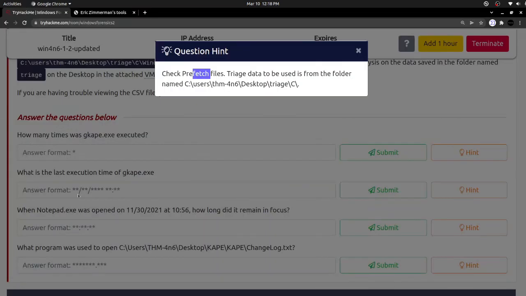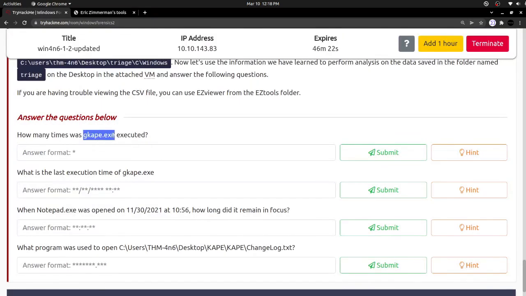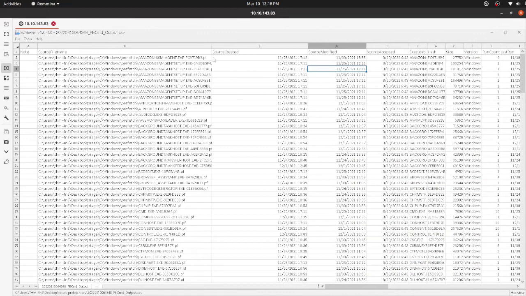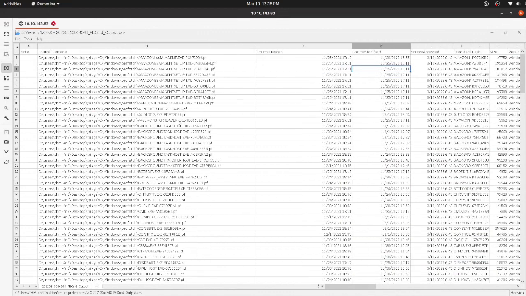All right. The question is, how many times was gcape.exe executed? So that is the question. We have to find the executable name gcape.exe. So let's try that.